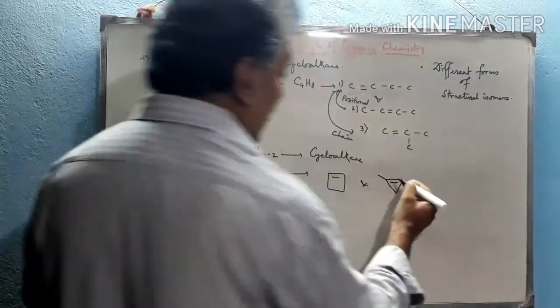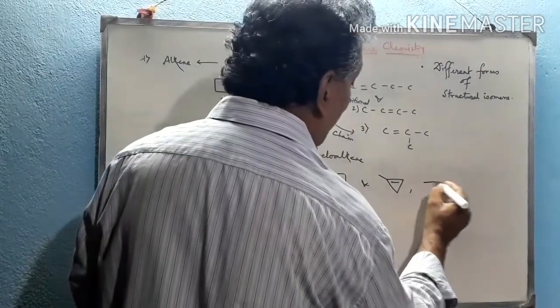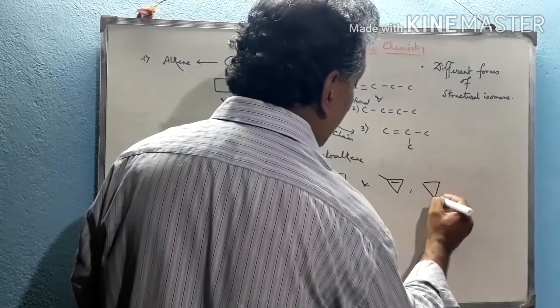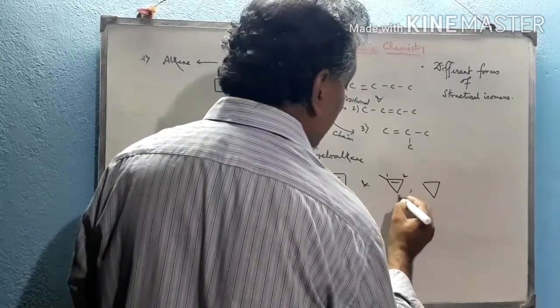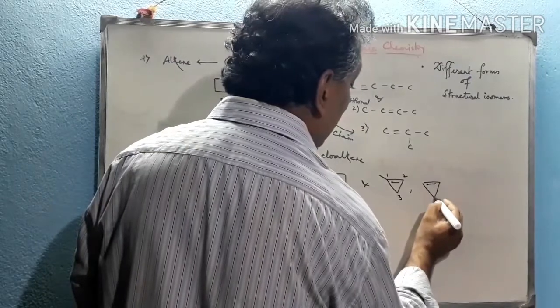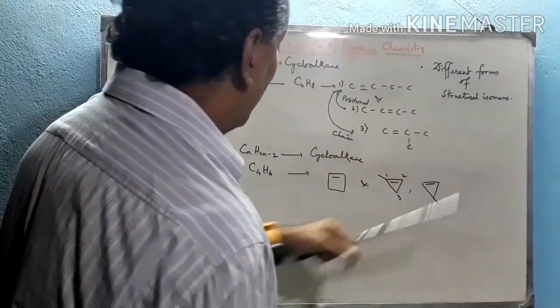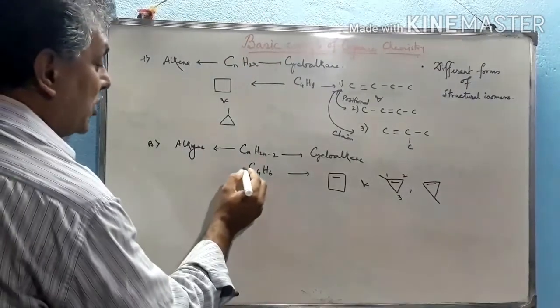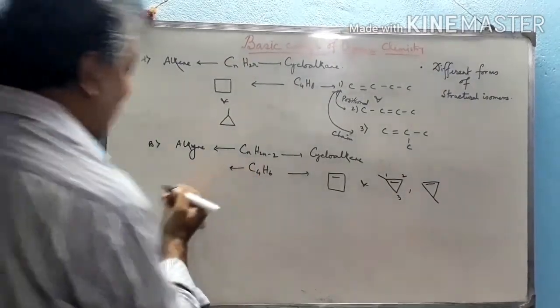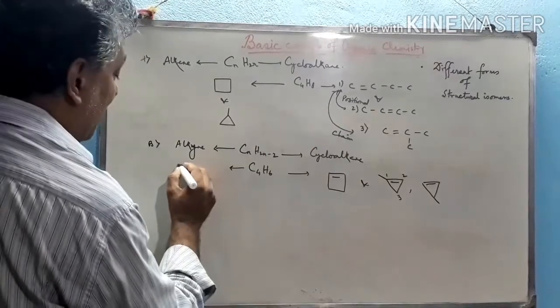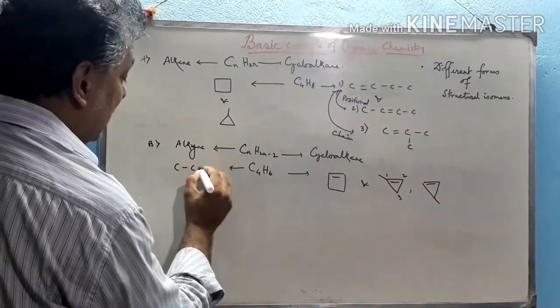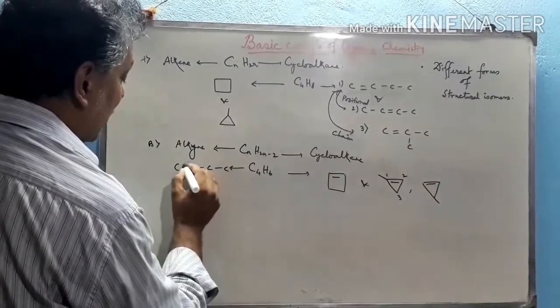And with respect to this, the different isomers will be obtained like this. This is the first carbon atom, this is the first carbon atom, this is second, this is third. So double bond is here, methyl group is here. So these two are the positional isomers with respect to the methyl group. Now in case of alkyne, we can draw this structure. First we draw the plain straight chain structure, C, C, C, C. This is the triple bond system.